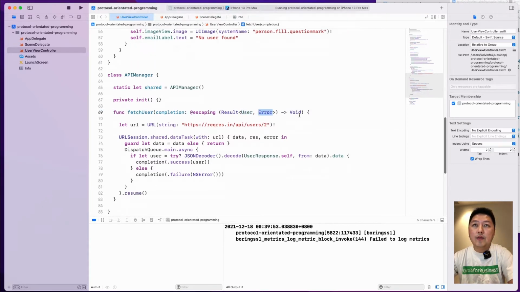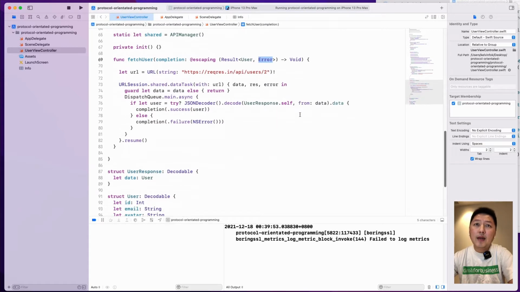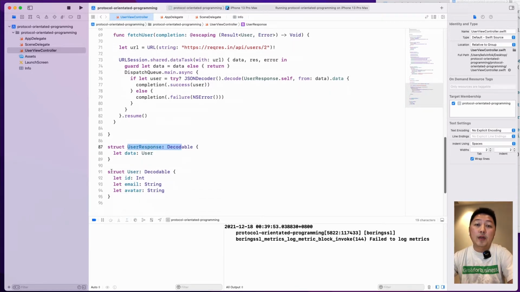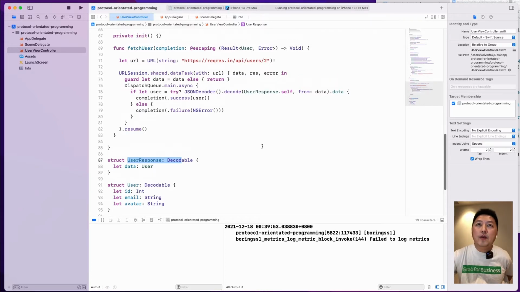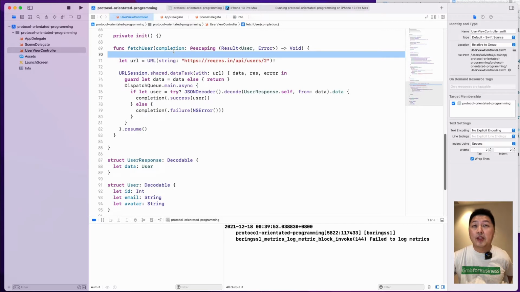Right at the bottom, I have a struct to represent the JSON response, which is this guy over here, and then I have a model, which is the user model, that has 3 properties: ID, email, and avatar. I'm making this example as simple as possible so that I can really elaborate on the principles of how you can structure it. If you look into this implementation inside the fetch user function, you see that